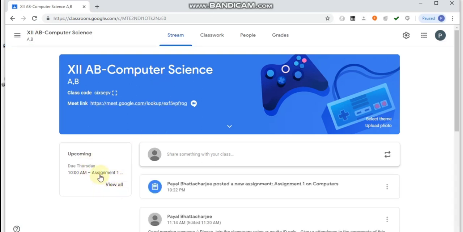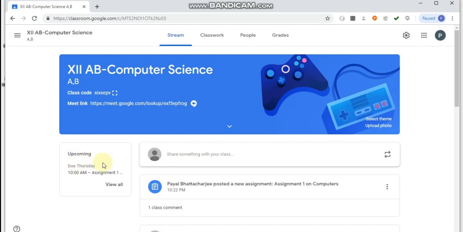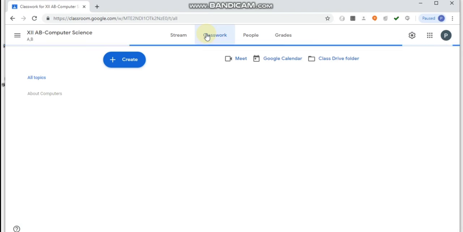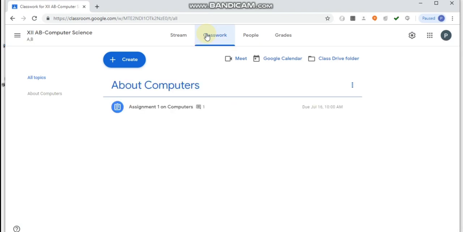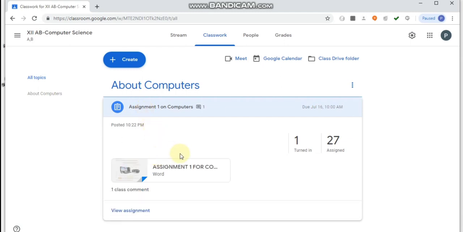and here it will be shown view all, upcoming, due date, and what assignment the teacher has recently given. Now the teacher has to come to the classwork, and then the teacher will click on the assignment, and then the teacher will be able to see how many students have submitted.